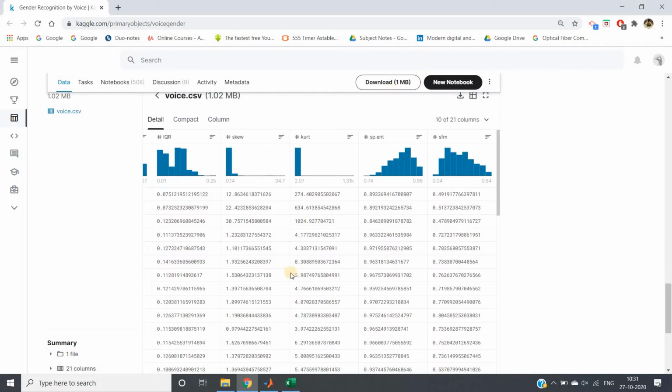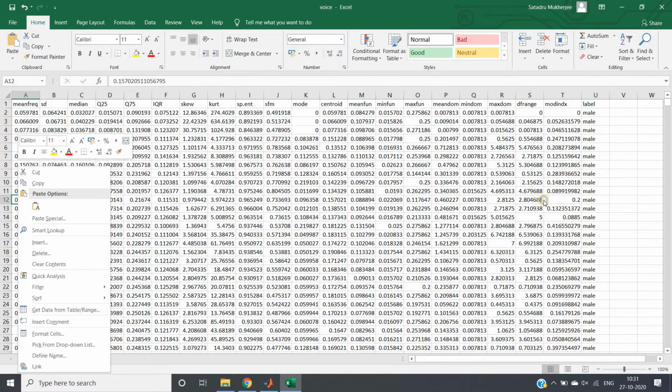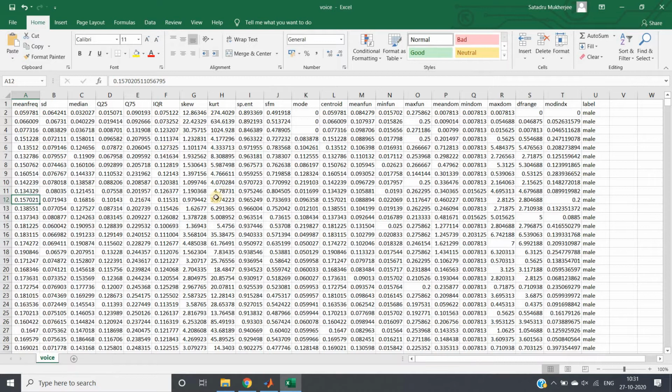So I have downloaded this dataset and here I have opened this in Excel file. So these are my actual dataset. The last column is the label, which is either male or female. We have to predict whether a person is male or female based on all these features extracted from his or her audio.